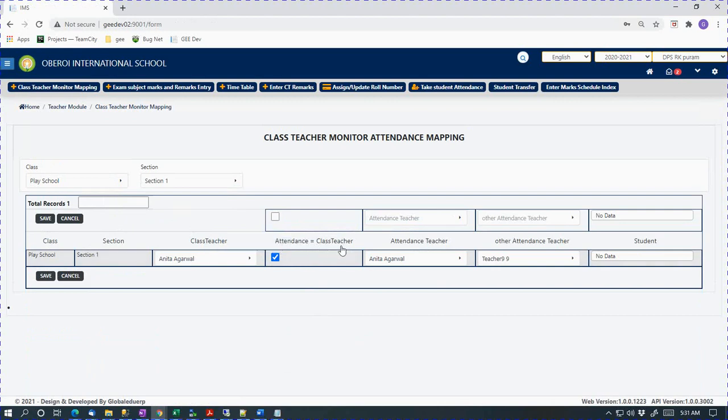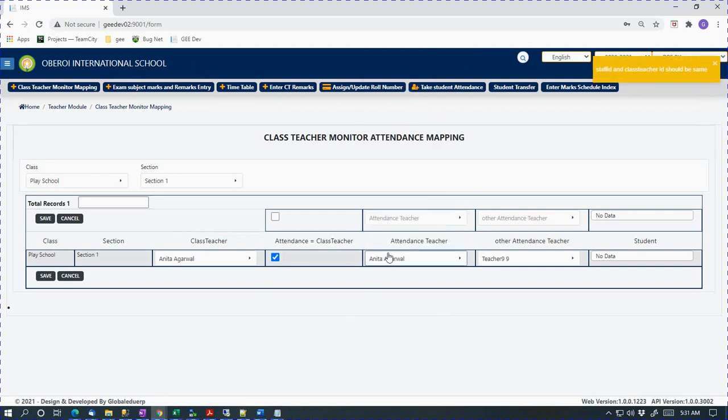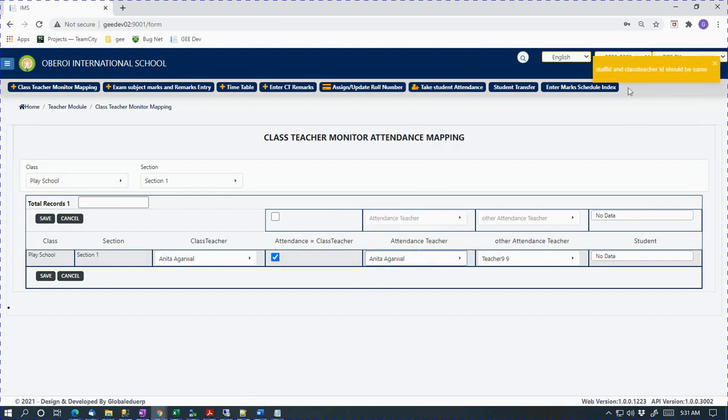If this is ticked, then even if I change the class teacher, it will automatically fire the validation, give you a message, and change the name of the teacher. Now if you see it again, the validation fired: staff ID and class teacher ID should be the same, so it changed it again. Now if I remove the tick and try again, it will let me. So I am controlling this behavior through validation.